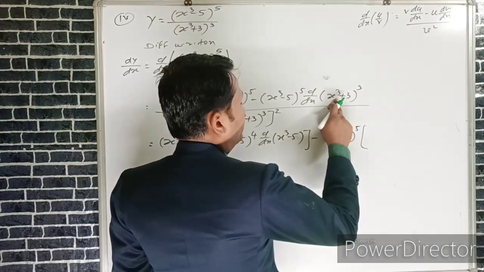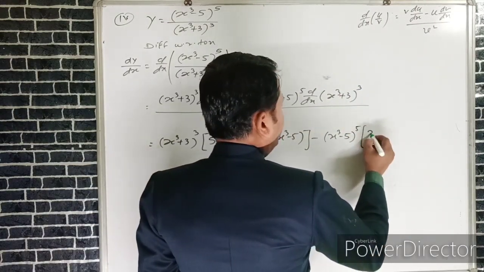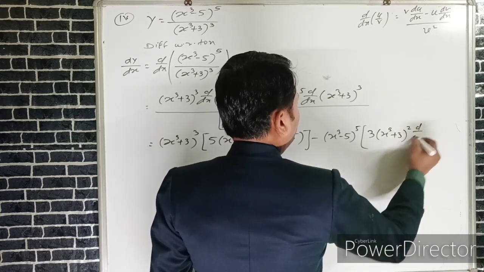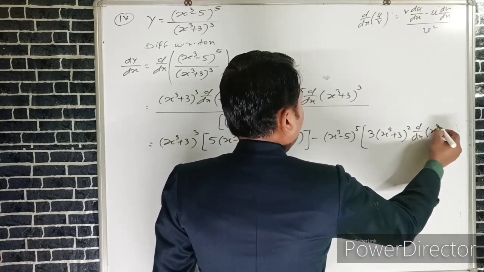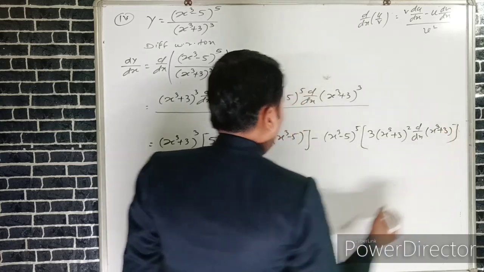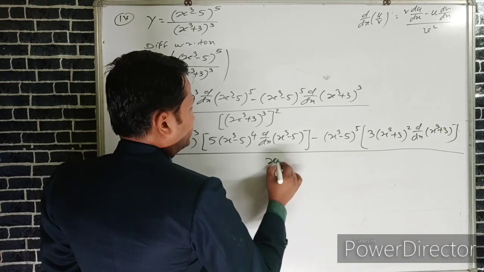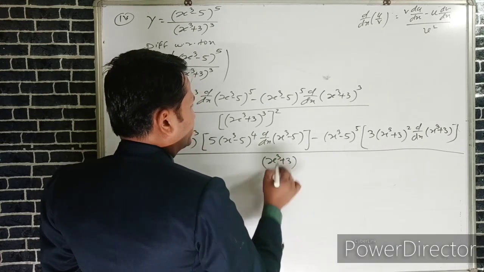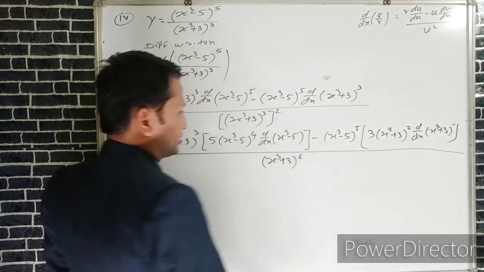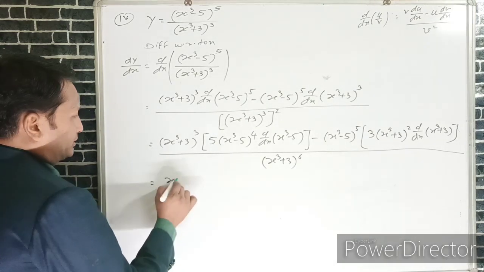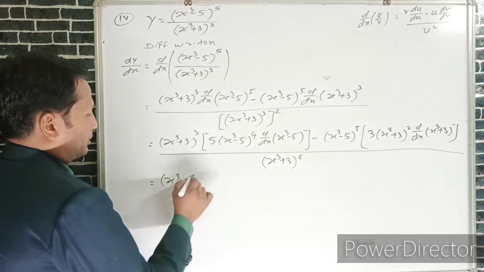If we apply the derivative of f of x raised to the power n, then we can write it 3 into (x cube plus 3) whole raised to the power 2 into again the derivative of x cube plus 3, upon (x cube plus 3) whole raised to the power 3 into 2 is 6. After that, (x cube plus 3) whole raised to the power 3 as it is